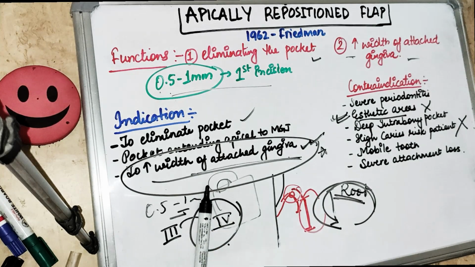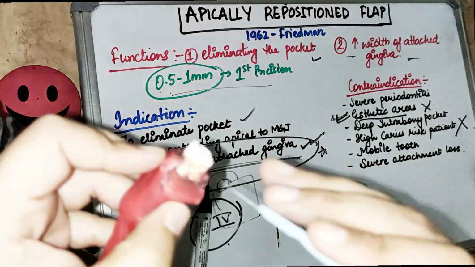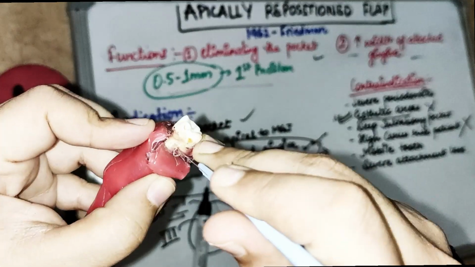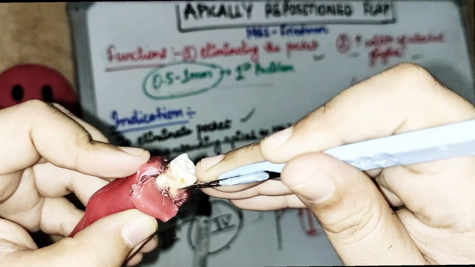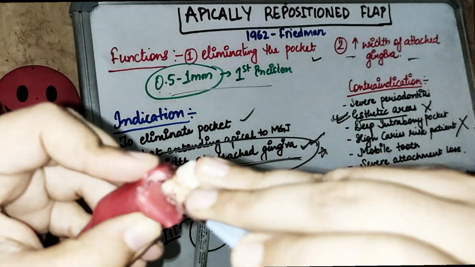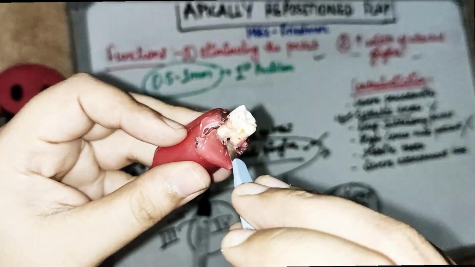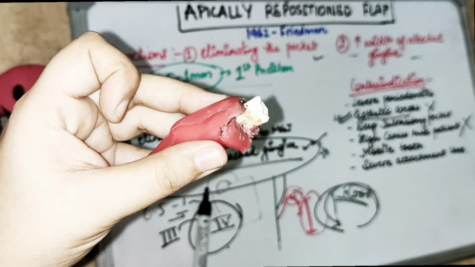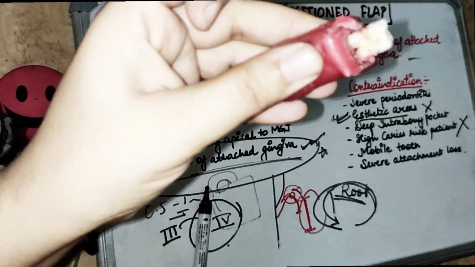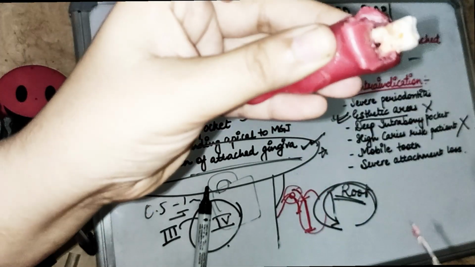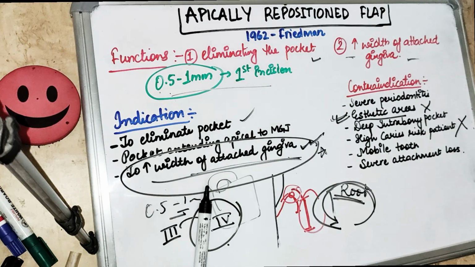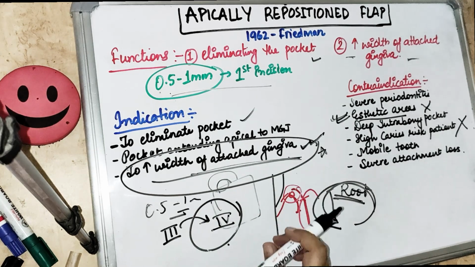and possibly we are exposing the furcation area also. See, in that case we are actually exposing the furcation area. So if you do the curettage, then you see there is a furcation involvement. So we have exposed the furcation area also, if you can make out. So like that we can also expose the furcation area. There is a possibility, which may result in post-operative supragingival and subgingival plaque accumulation. So there are also always some disadvantages.